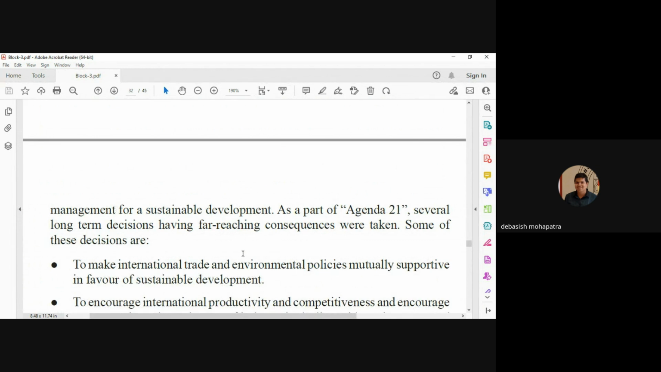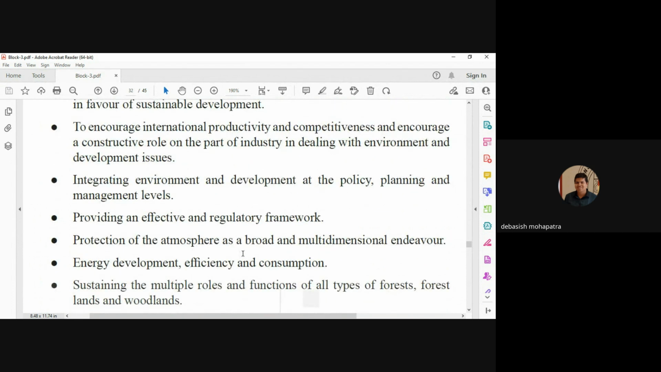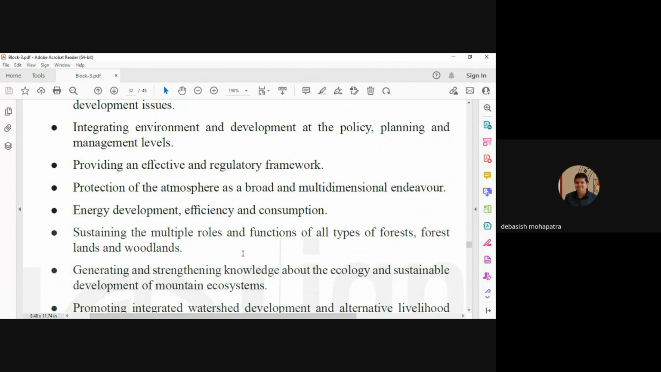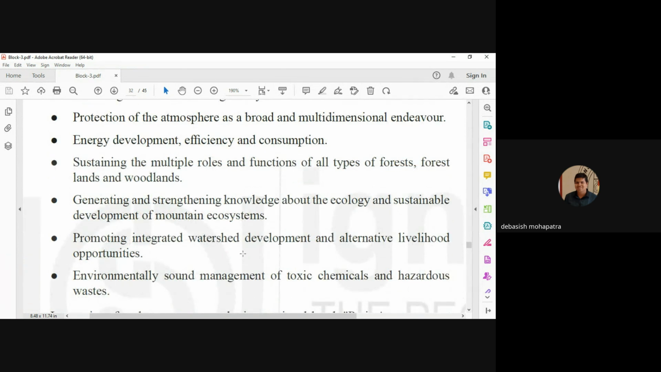management for sustainable development. Some of these decisions are to make international trade and environment policy mutually supportive in favor of sustainable development, to encourage international productivity and competitiveness and a constructive role on the part of industry in dealing with environment and development issues, integrating environment and development at the policy, planning and management level, providing an effective legal and regulatory framework, protecting the atmosphere as a broad and multidimensional endeavor, energy development, efficiency and consumption,